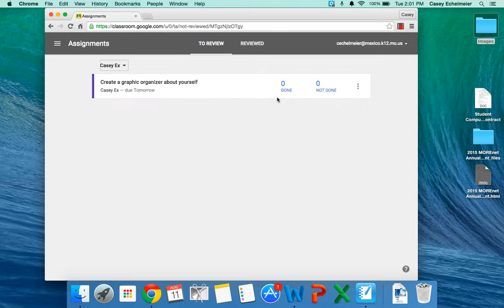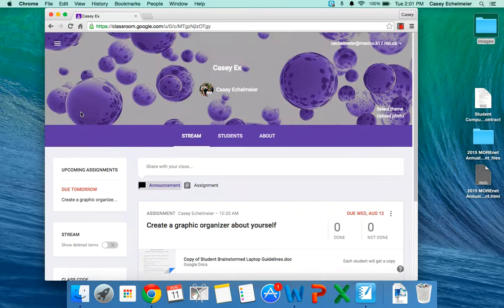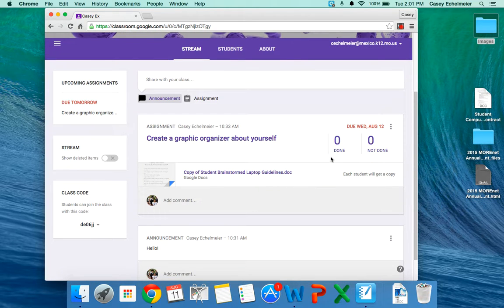Okay, now remember, let's review. This is telling me how many are done. This is telling me how many are not done. Right now I have 0 because I don't have any students that have actually turned in the assignment. Okay, another tab that might be kind of useful is, I'm going to come back here. And let's say that I want to see who's actually turned it in and who hasn't. So if I click on Done,